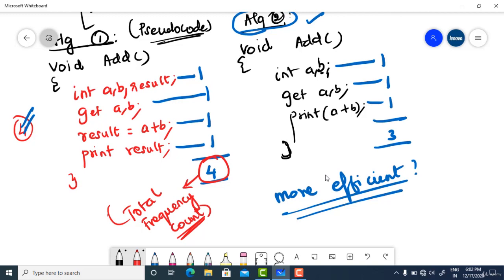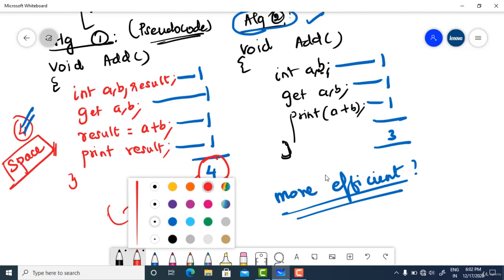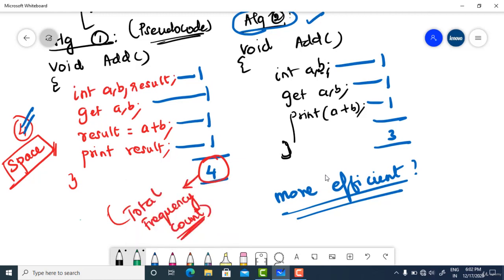Let's go in terms of space. Let me take another color for space, maybe green. All right, so let's take algorithm 1. It has 3 variables, guys. One is a, b, and result, right?